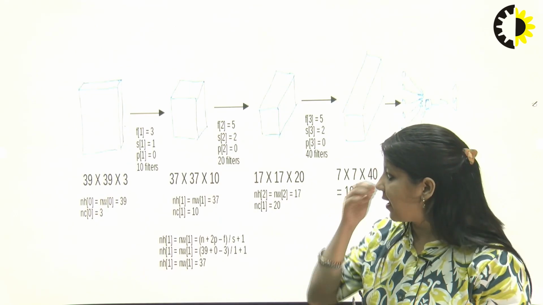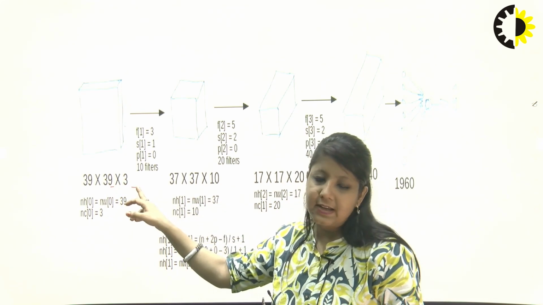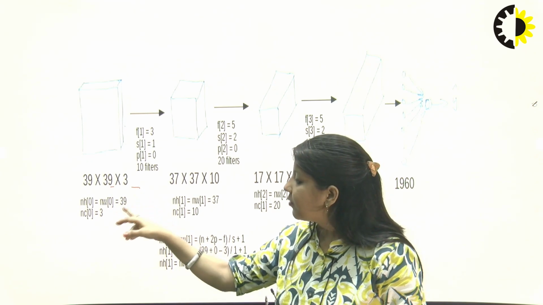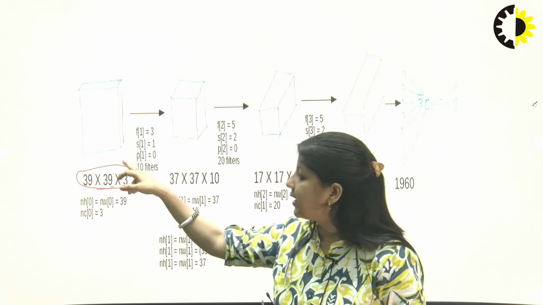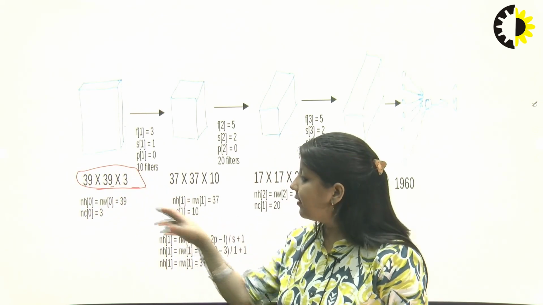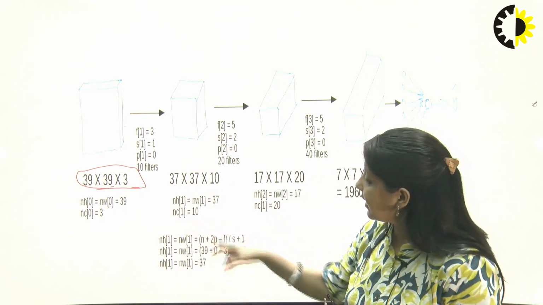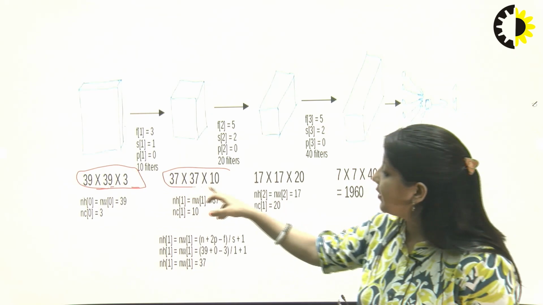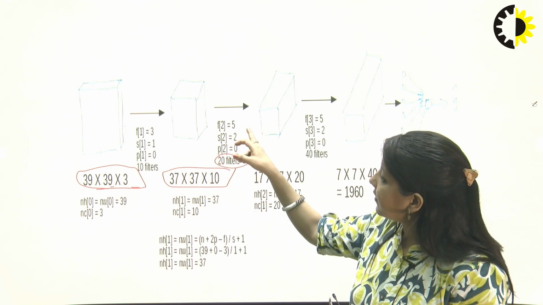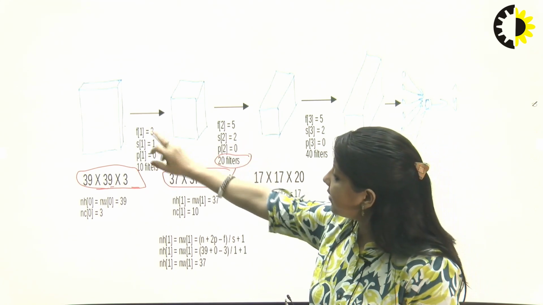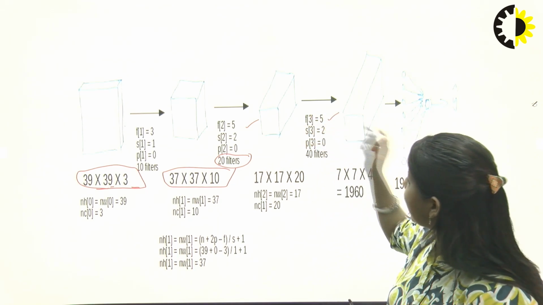So these are the examples. If we have this image of 39 by 39 with 3 colors, RGB, the total size of the image is a 3D image, meaning a cuboid of 39 by 39 into 3. Then we apply some filter here and the image size gets reduced to 37. We have applied 20 filters here, and the filter size here is 3 by 3. Here we have applied the filter size 5 by 5, then 5 by 5. This is the size of the filter.